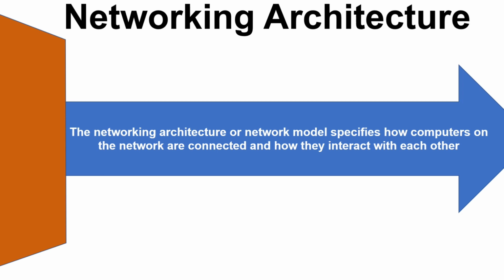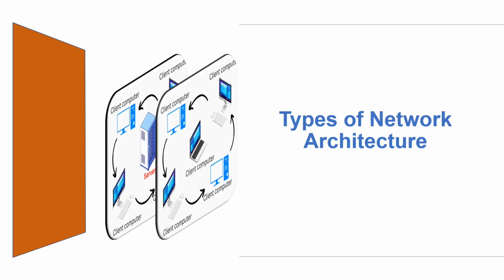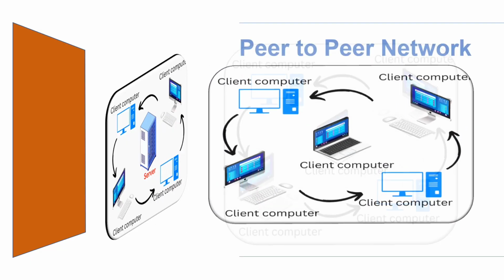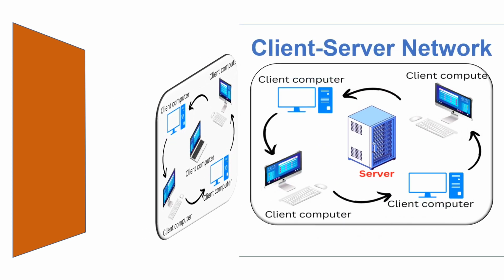Now let's talk about the types of network architecture. According to the administrative powers the computers have in the network and the interactions between them, there are two types of network architecture. The first one is peer-to-peer network architecture and the next one is client-server network architecture. So we will know about these two types along with the advantages and disadvantages. So let me tell you about